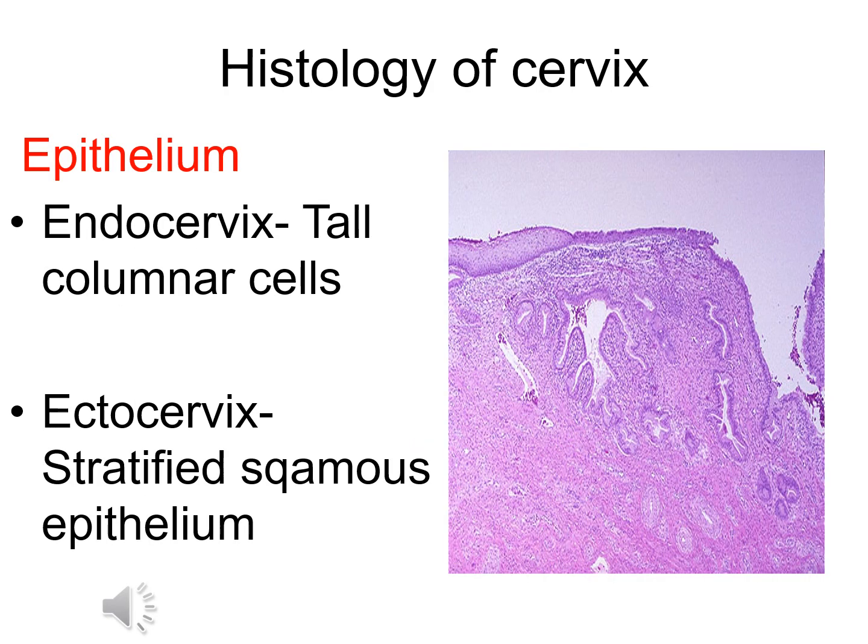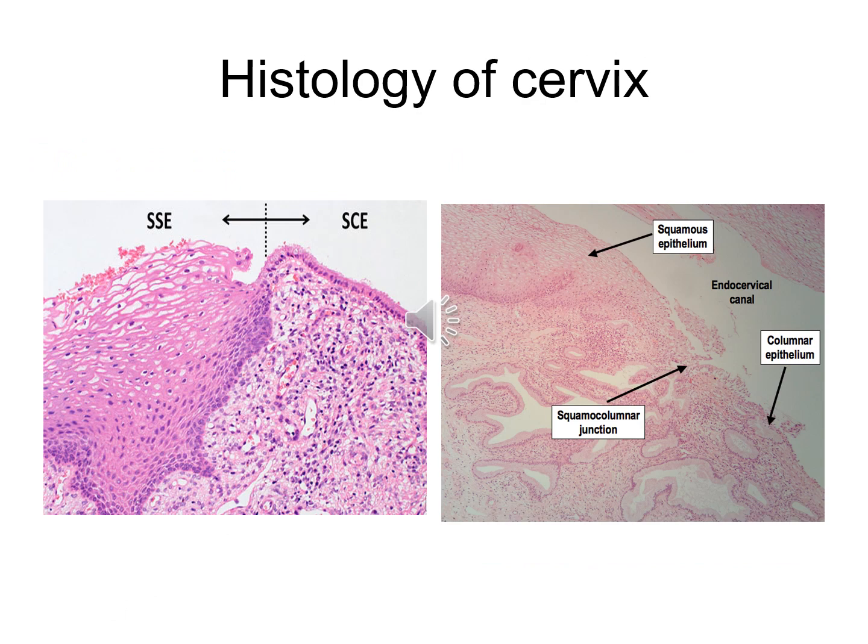If you see the lining epithelium of the cervix, the endocervix is lined by tall columnar cells, but the ectocervix, that means the part which protrudes into the vagina, is lined by stratified squamous epithelium. These diagrams are H&E sections of the cervix, and here very clearly you can see the squamo-columnar junction. So this is the lining epithelium, which is simple columnar epithelium, and you can see here it is changing into